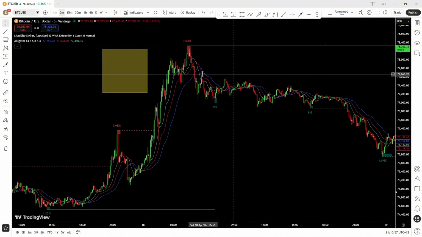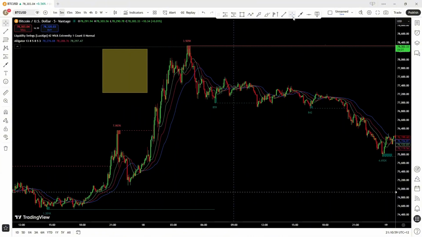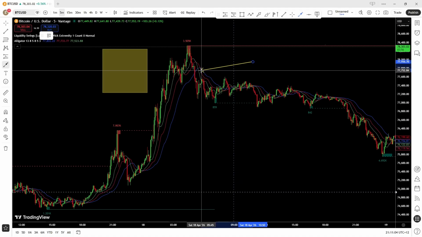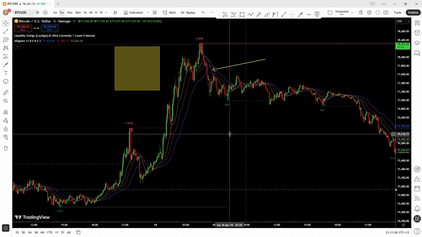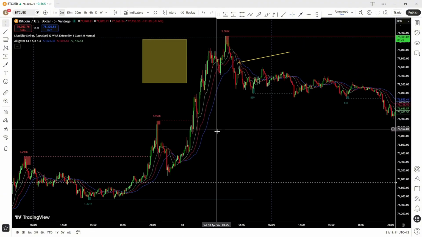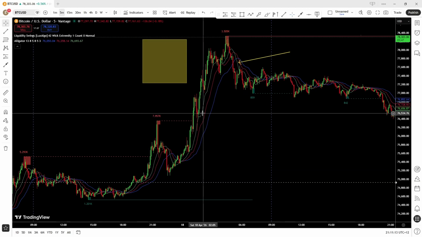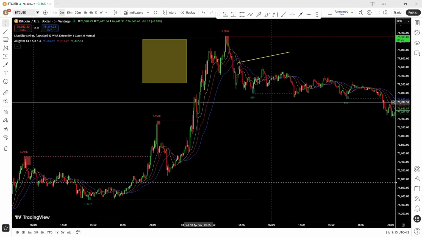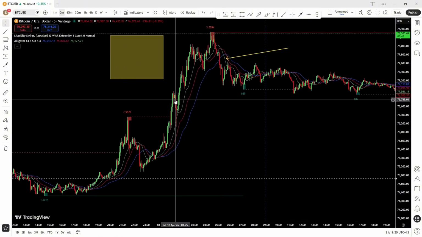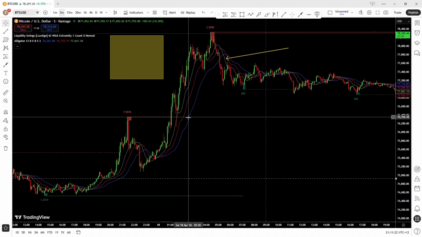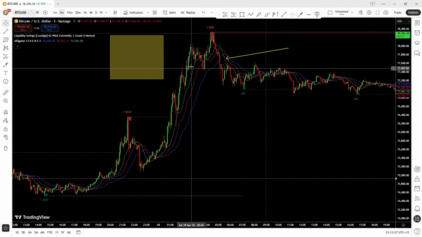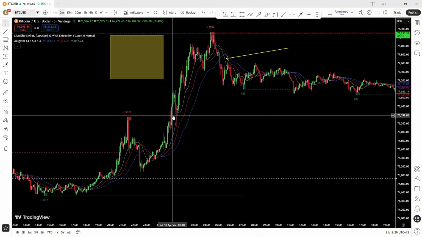So once you get this fanning right over here of the alligator, you see this fanning over here, that's where you want to start looking to enter. As the price is breaking out, a lot of traders would be thinking, oh, we're getting wicks over here, so let's go bearish, let's take a sell, let's take a sell. Even on the 15-minute, you can see traders would get faked into the market